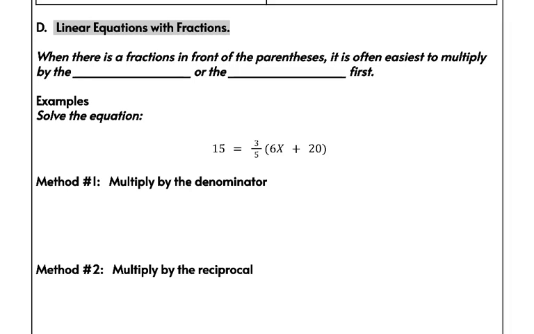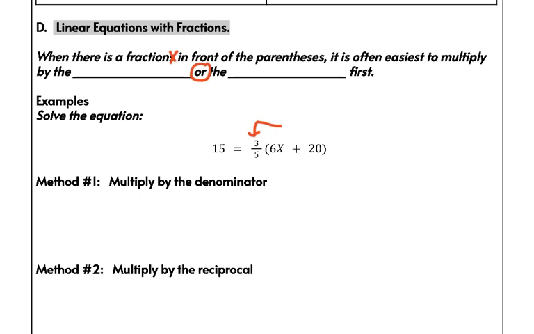So this is our last topic in our algebra review session before we start our chapter 1 of geometry. We're still going to be doing a little solving, but we're going to have some fractions. It says here, when there is a fraction in front of the parentheses, it is often easiest to multiply by the